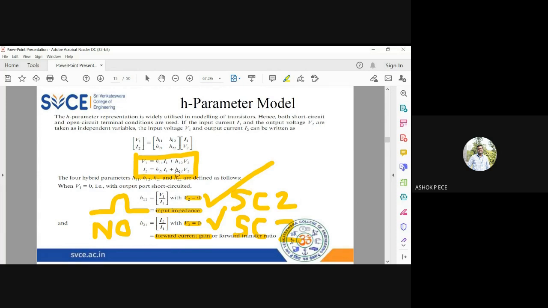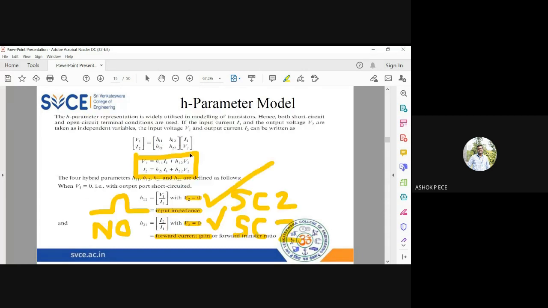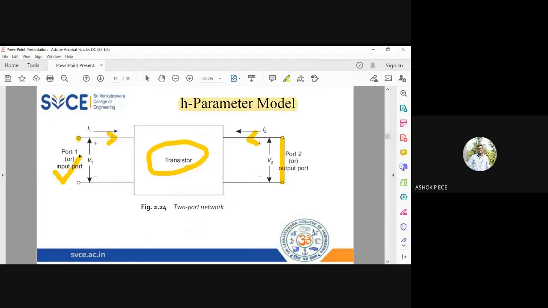So in the two equations, first possibility I put V2 equal to 0. Next, what parameter should I make 0? I1 equal to 0. Very good. And when current is 0, you call it open circuiting. So I'm going to open circuit my input side. Open circuit means you leave it open. You are not going to connect anything in the input side. For the first two parameters, I short circuited my output port. For the last two parameters, I'm going to open circuit my input port.